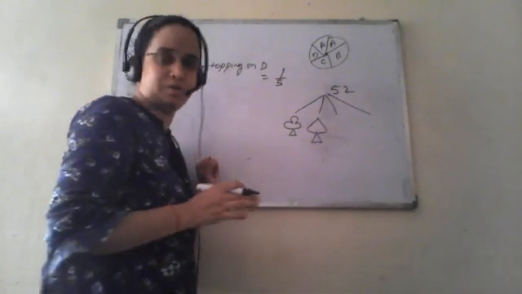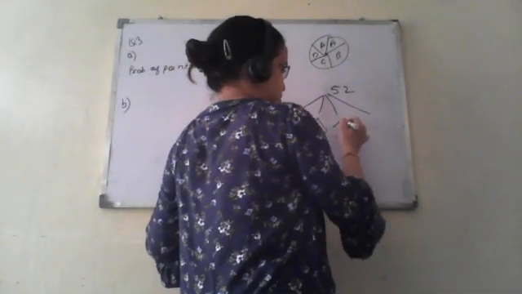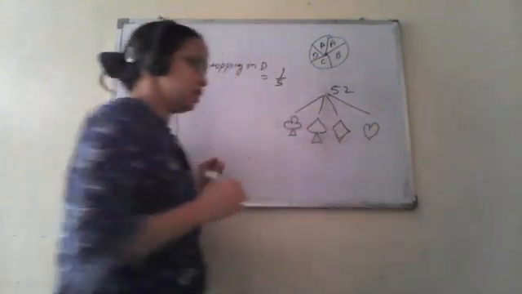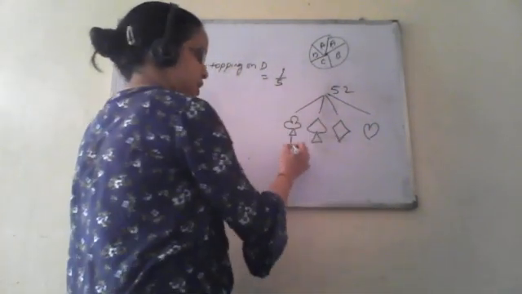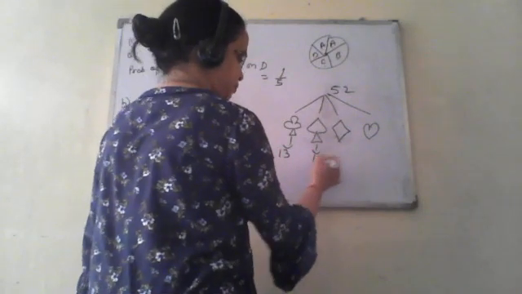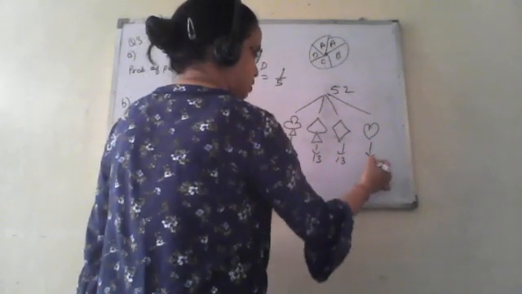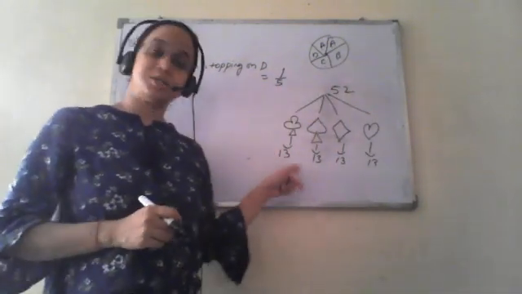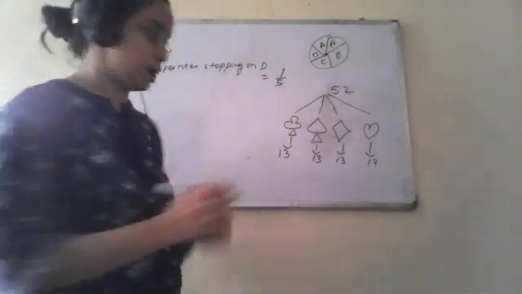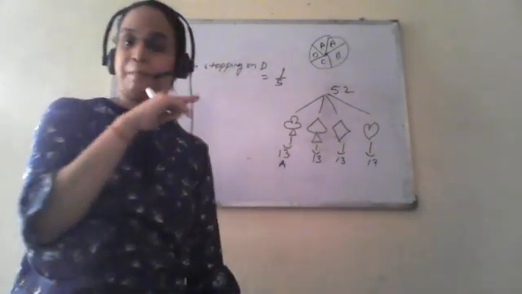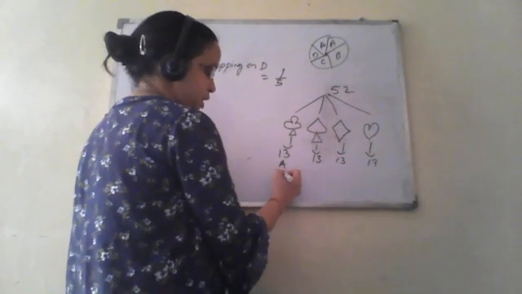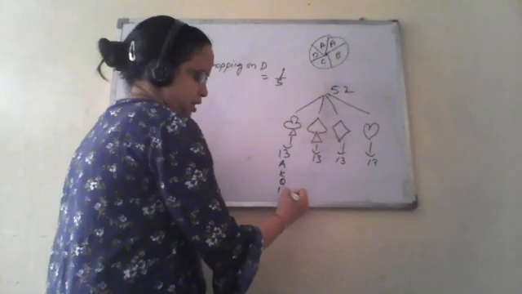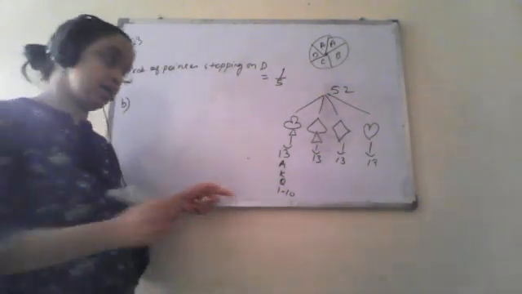I don't know the names of those particular shapes, and this is a star or heart shape. Okay, there are different shapes, and each shape contains 13 cards. Okay, these 13, 13, 13 make 52 cards. So in these particular 13 cards there are 3 face cards. That is one ace, you say a capital letter A, then you have king, then you have queen, and 1 to 10 numbered cards.